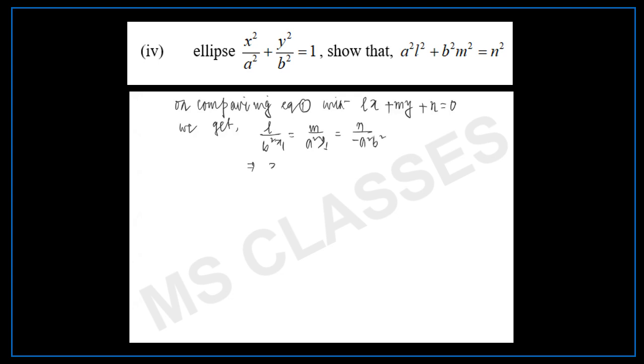From this we get x1 equal to minus a square L by n, y1 equal to minus m b square by n, which will satisfy